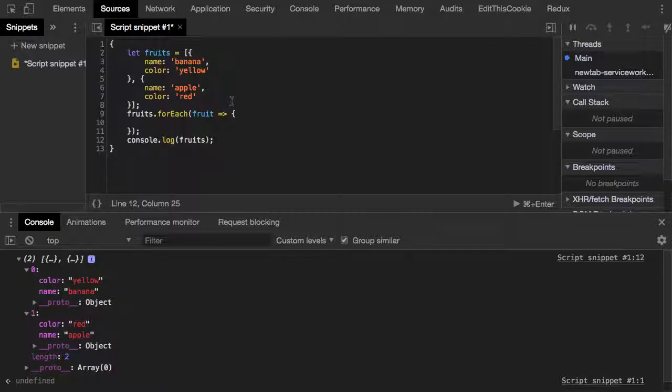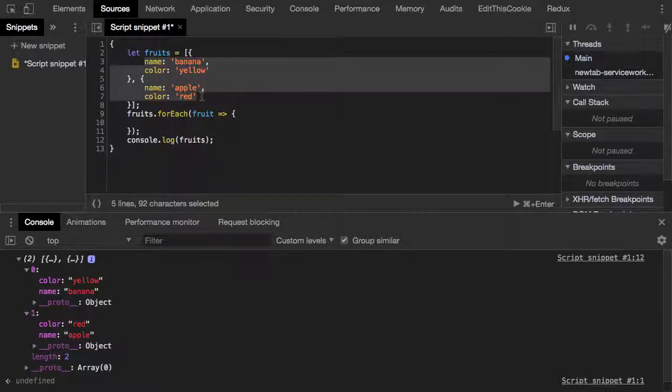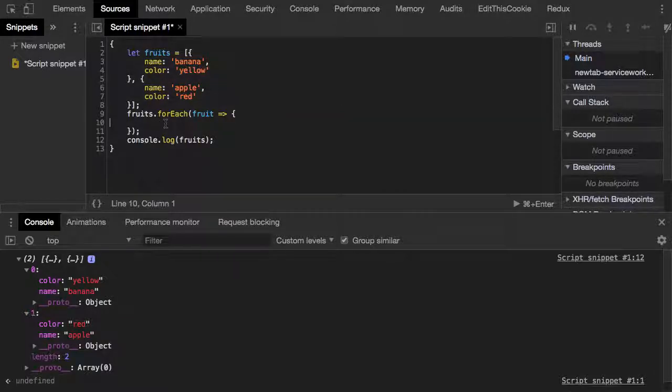However, imagine that because of whatever reason, we want to modify these objects. For instance, we want to add another property to each object, right? We want to add a property called size. Which one? Price. Okay, let's add the price. So we can do here fruit.price equals